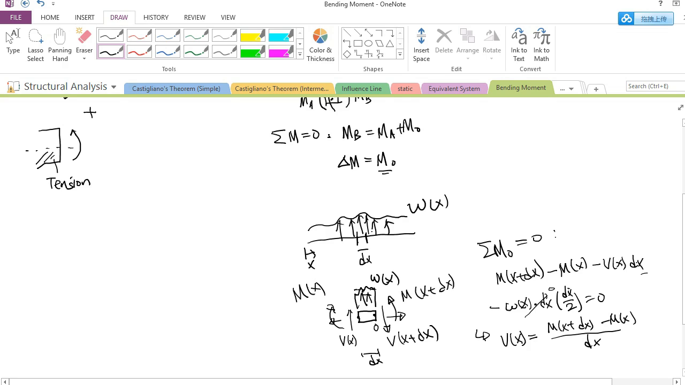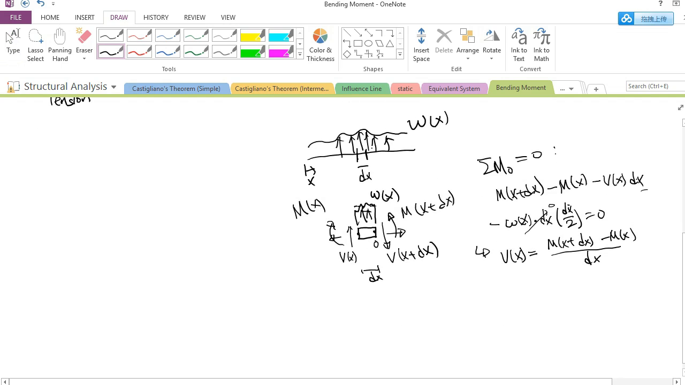When dx approaches 0, this is like a derivative, right? So v of x is actually the derivative of the bending moment. This is a very important implication. The slope of the bending moment is equal to the shear force at that point, at a continuous point. In other words, if we integrate both sides of dx between 2 points, it is simply